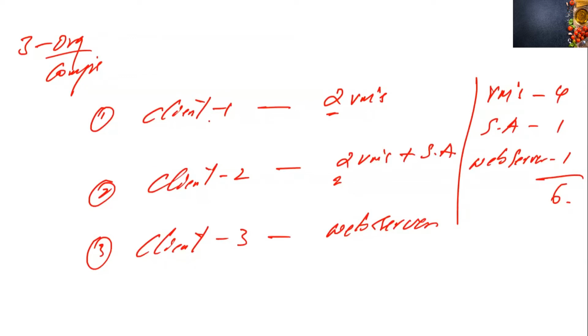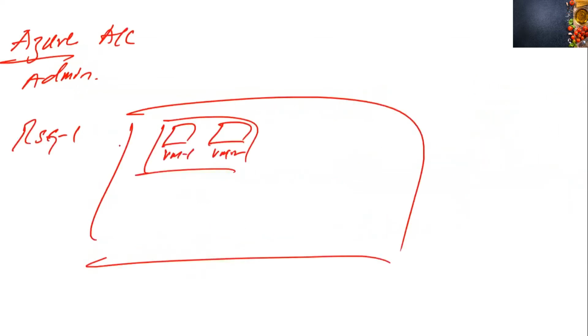So for our first client, we created 2 virtual machines, and I manage these 2 virtual machines with the help of resource group 1. So resource group 1 for first client. For the second client, what I will do, guys, I will create one more resource group 2 here. So I'm creating a separate resource group 2. And for resource group 2,